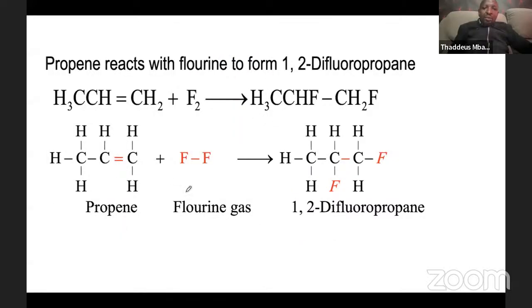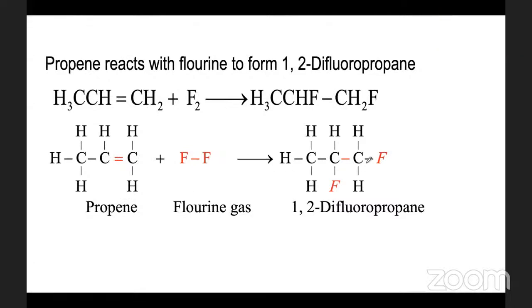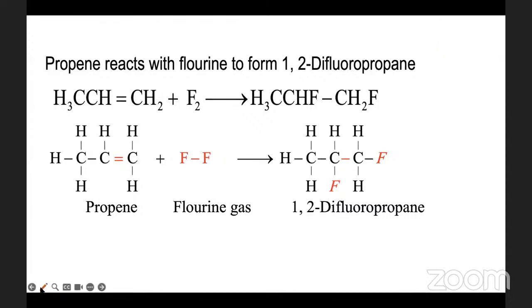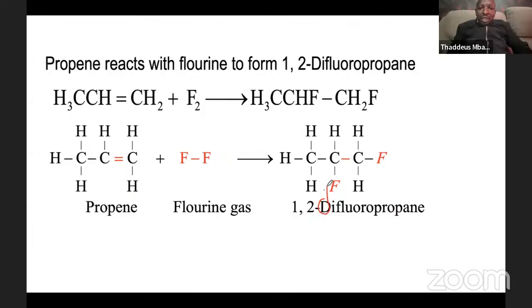Then with fluorine, the same. This propene, together with fluorine gas. So the double bond will change to a single bond. Then one fluorine on each carbon, and it becomes 1,2-difluoropropane. This one is still a small d. And remember the name is now changing to propane, not propene, because now we have changed from a double bond to a single bond. I think this one is very clear. You can now answer anything on addition, isn't it?